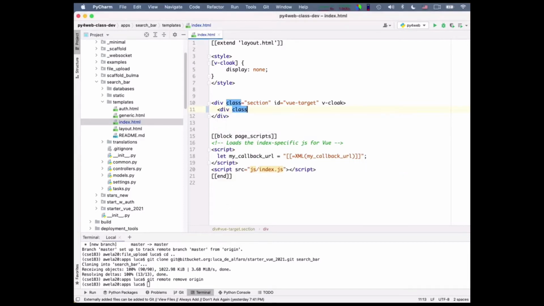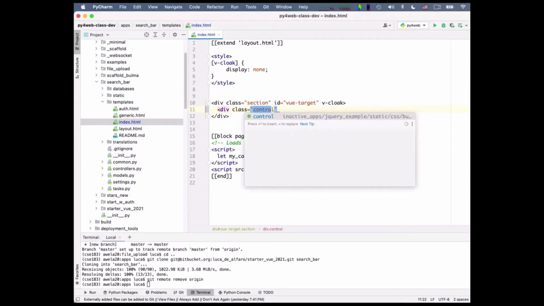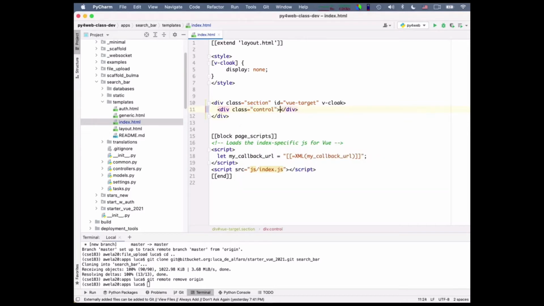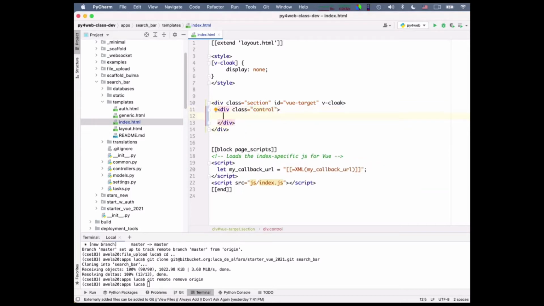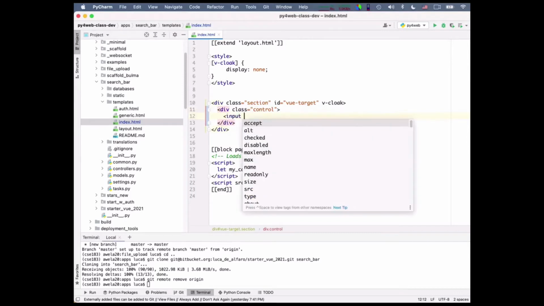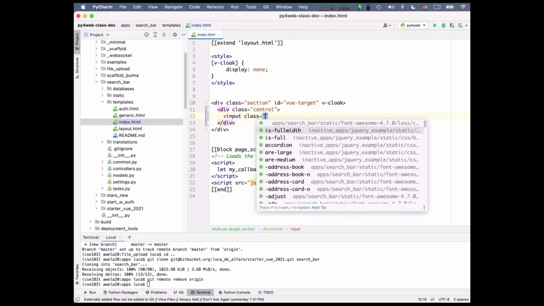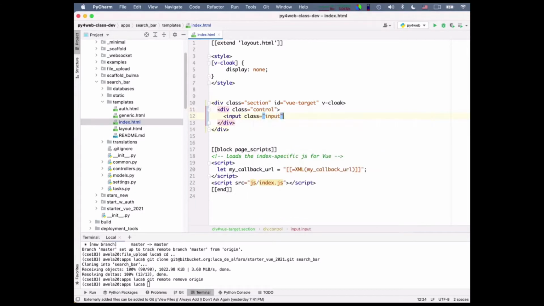Div class is equal to control, I think is what I need to do to keep it fully happy. And then I have to have an input field, that's the bar, right? So an input of class is equal to input. The type is going to be text, okay?